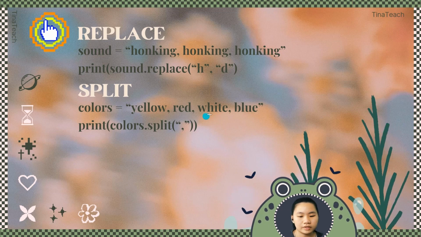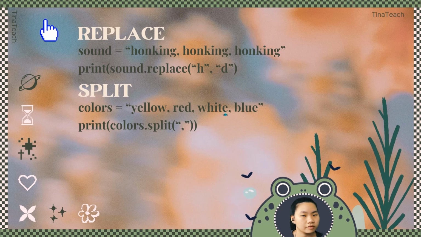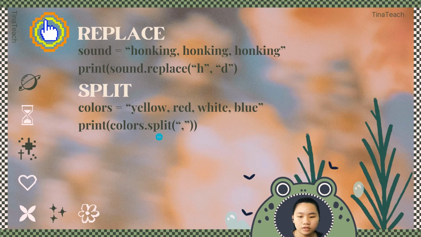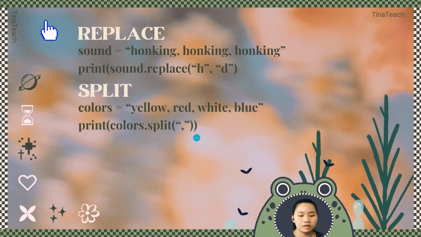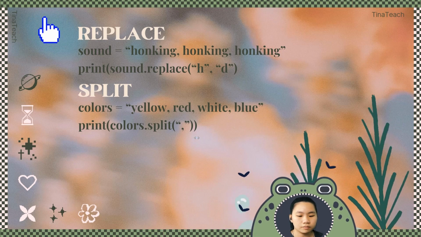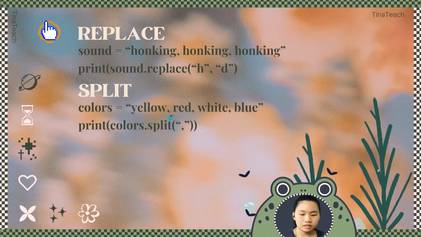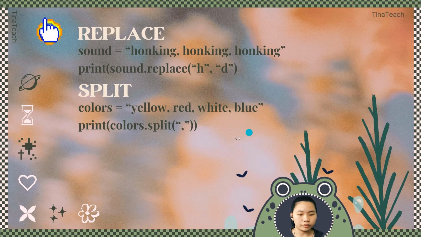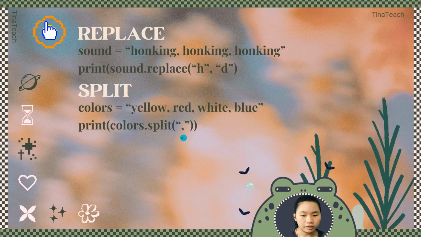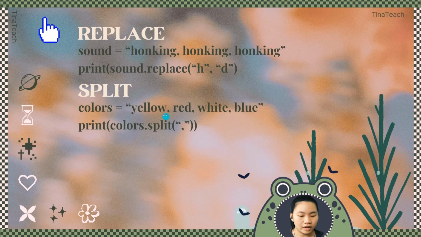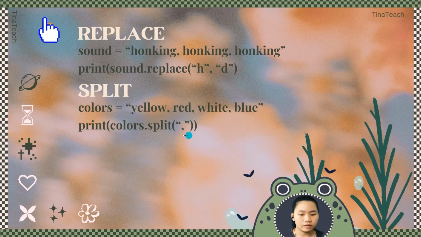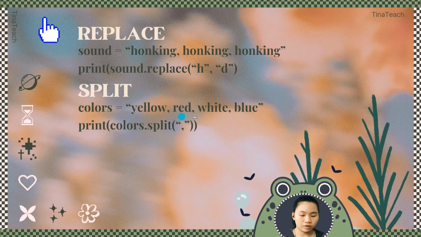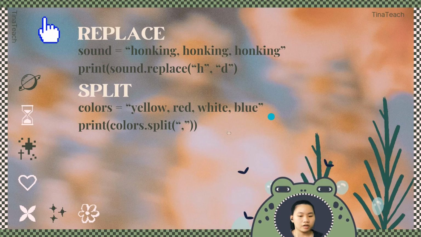But what if you want to separate these into separate values? Like you don't want them to be doing stuff together, let's say. And you can use the keyword split. Now, the argument or the parameter for the split, the separator, okay? Since I have a comma right here that separates yellow, red, white, and blue, so my separator would be a comma. However, if you don't have a comma and you would have a space, for example, then you can just simply put the space in here. Or if you have like a slash or like a letter or like a number,